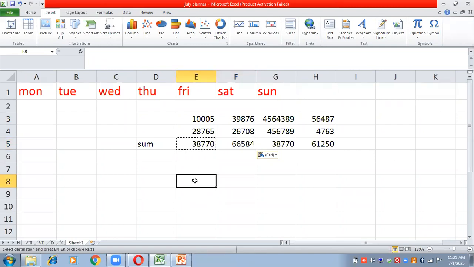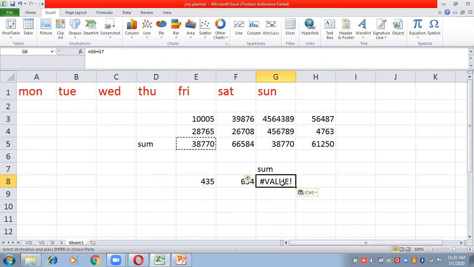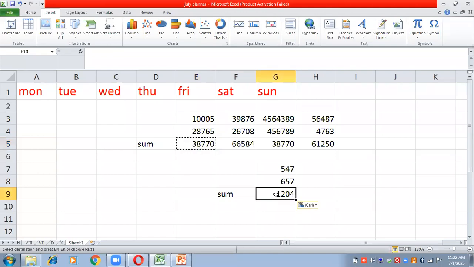Now suppose I have to calculate the digits like this and I have to calculate the sum here. Now the same formula I will copy, Control plus C and Control plus V. It is not calculating, so sorry, I have to write it like this. Now here I am calculating the sum of these two numbers. I have to copy the formula here and paste it here. Automatically the formula will get changed.